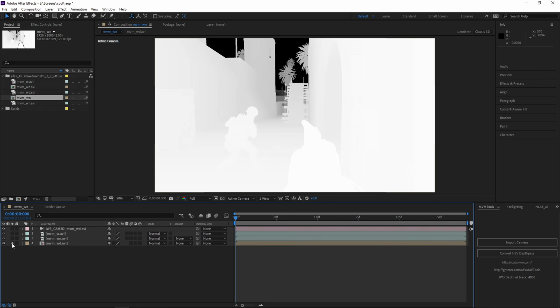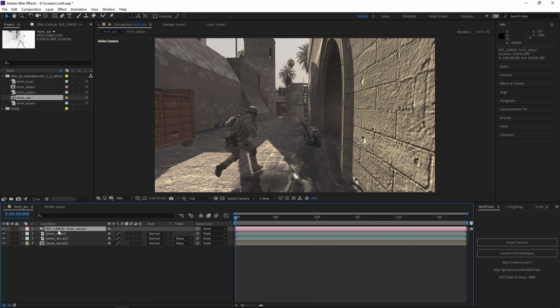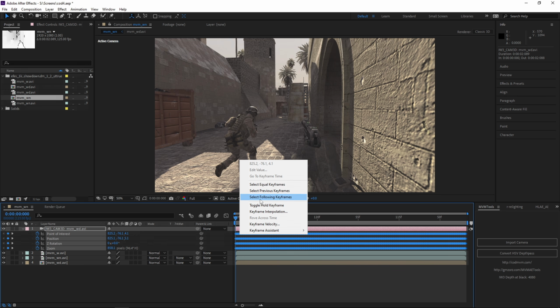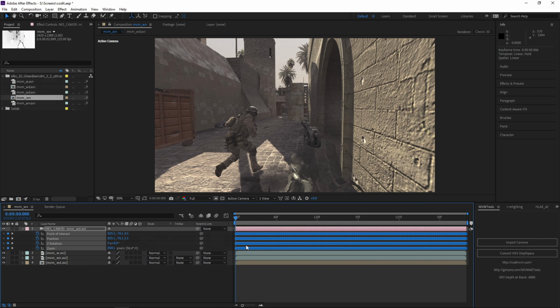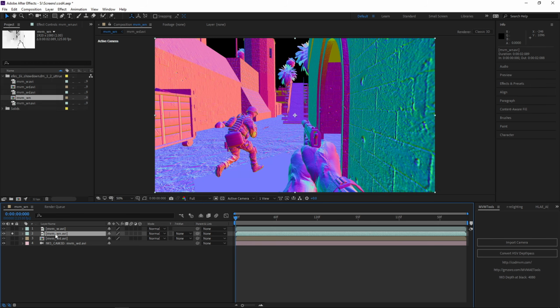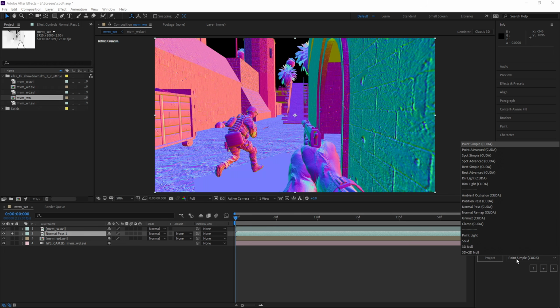Nulls can be deleted. Select the camera, press U. Select all keyframes and toggle hold keyframes. This way your 3D tracking will stay accurate even after using time remapping. Let's adjust the normal map. First, rename it to the normal pass 1. Then apply the normal remap effect